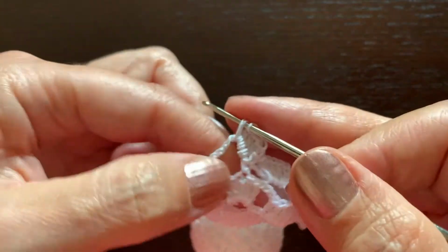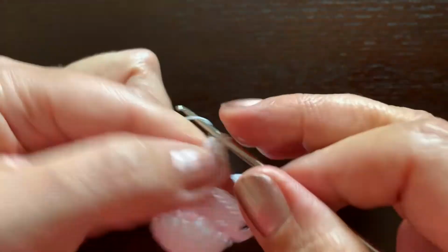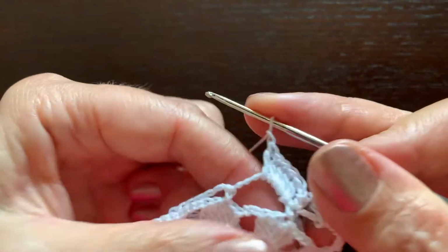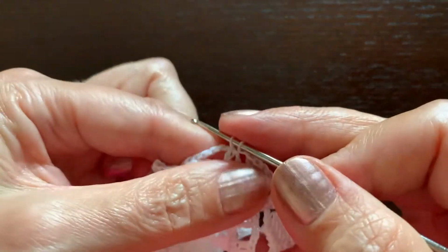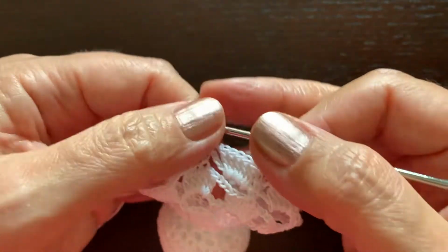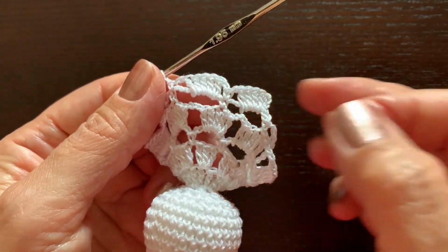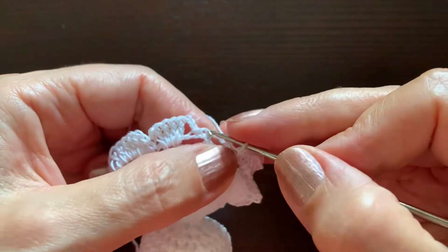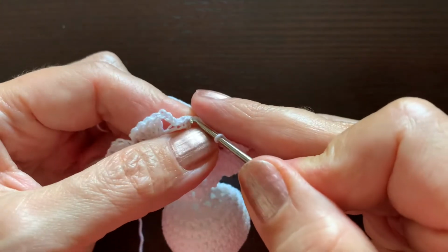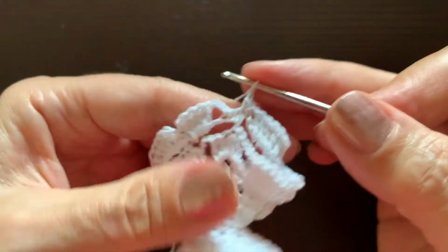3, 4, 5, chain 1, single crochet in the single crochet, chain 1, and continue like this. We'll have 6 groups of 5 double crochet stitches. At the end, chain 1, a single crochet stitch in the single crochet that we have here, chain 1, and